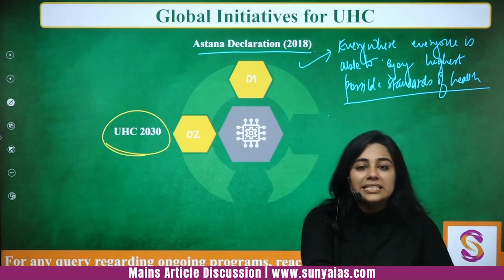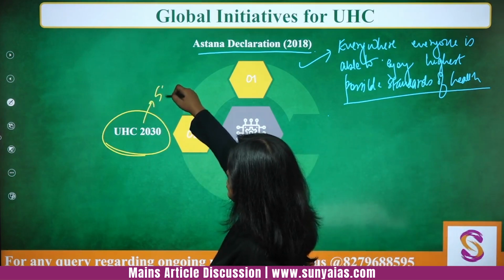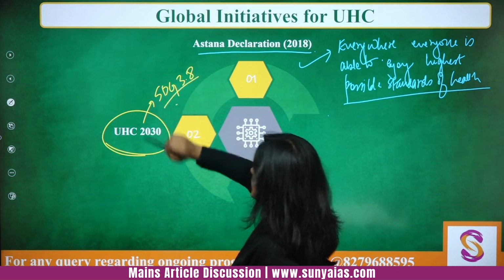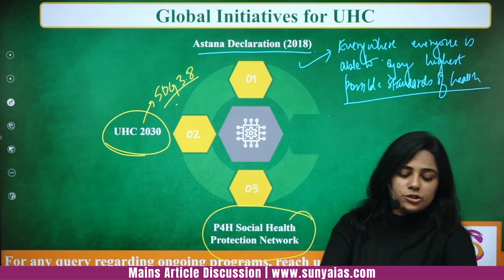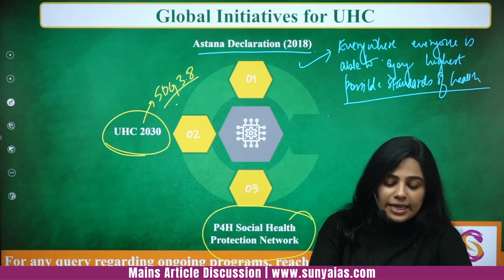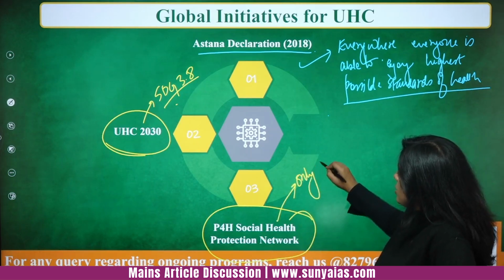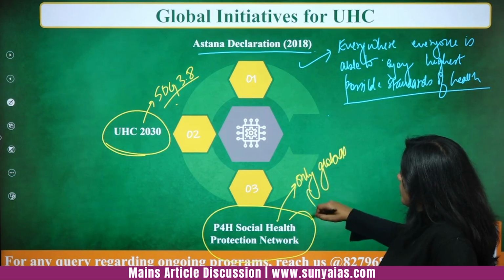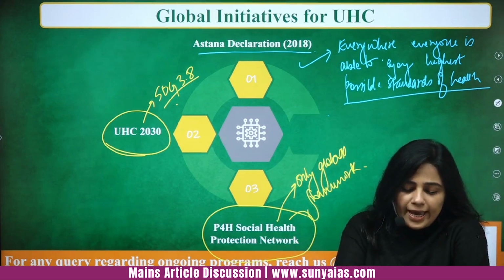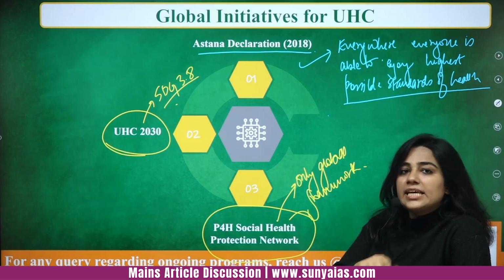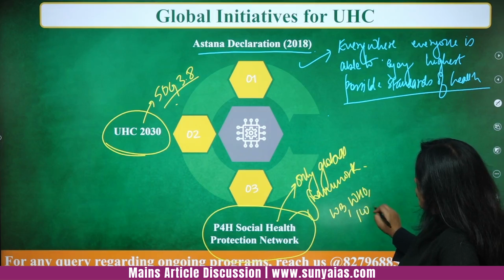Okay, then universal health coverage by 2030. I told you SDG 3.8 is aiming to universalize healthcare. So SDG 3.8, very important. Then we have P4H social health protection network। ठीक है, P4H social health protection network जो है, it is basically the only global framework for health collaboration, and this includes World Bank, WHO, ILO, all of this it includes।